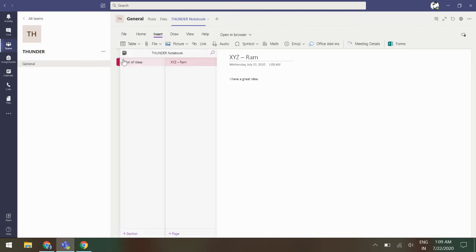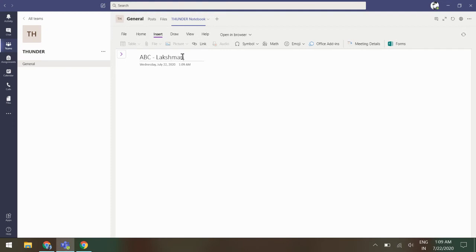And suppose there's another member who has an ABC idea. He'll just go to this section below, add a page, and add an approximate heading of his idea ABC, and say this is by Lakshman.